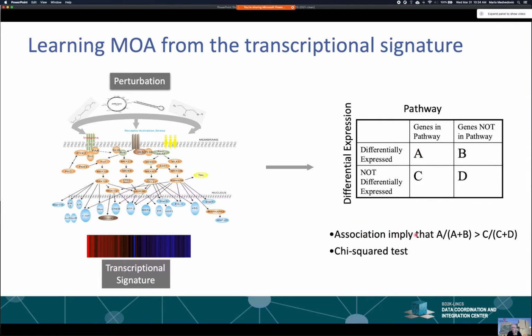And the association would be implied by the fact that the proportion of differentially expressed genes in the pathway is higher than the proportion of differentially expressed genes outside of the pathway. And you do this using a chi-square test. The problem is that in the context of these signaling cascades,